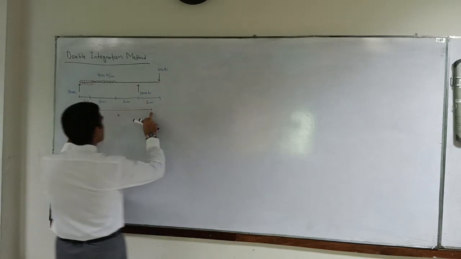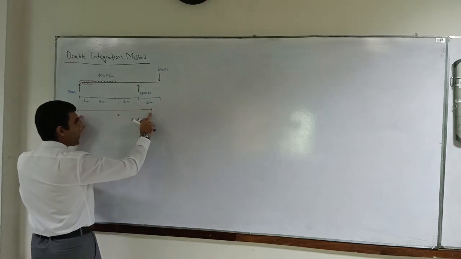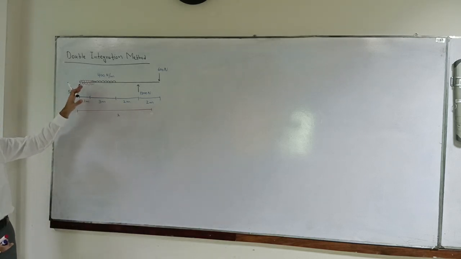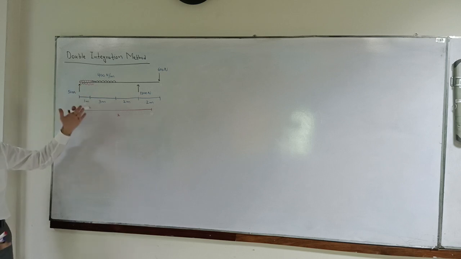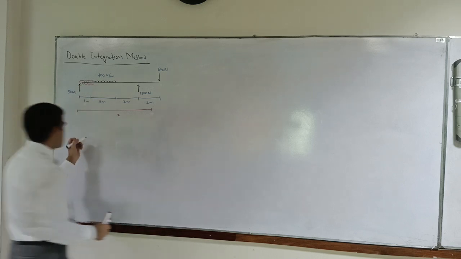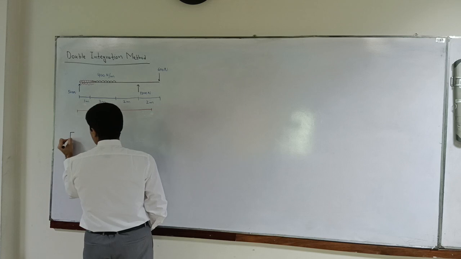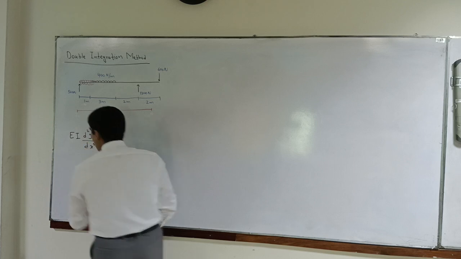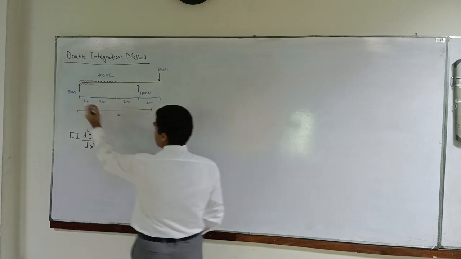Now we can use this x, okay? Why? Because we won't have that issue of working out UDL in terms of x and also its lever arm in terms of x. So the equation is EI d2y by dx square is equal to, help me out, 500